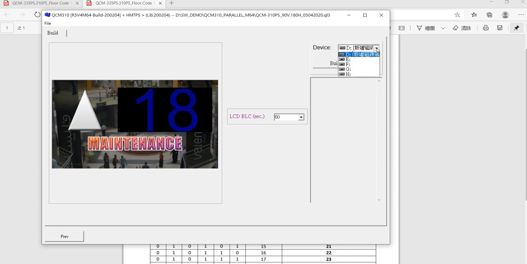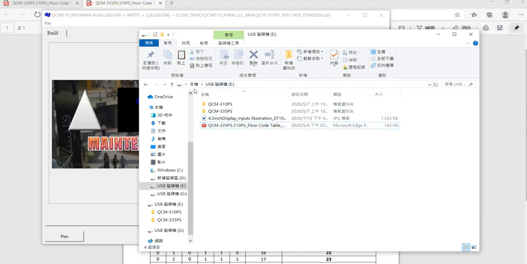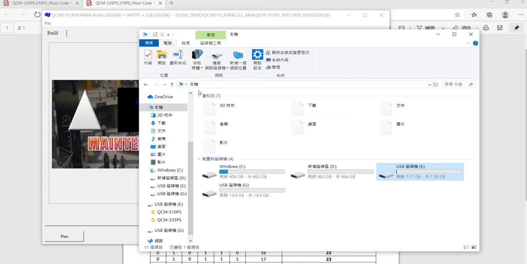Then we have to choose which disk name is the one of the micro SD card. I have sent you a micro SD card also with the order because you have to upload the file via the micro SD card onto the display. Now we can check the micro SD card's name by go to my computer. Here is the folder of my computer. Then you can check this one and this one